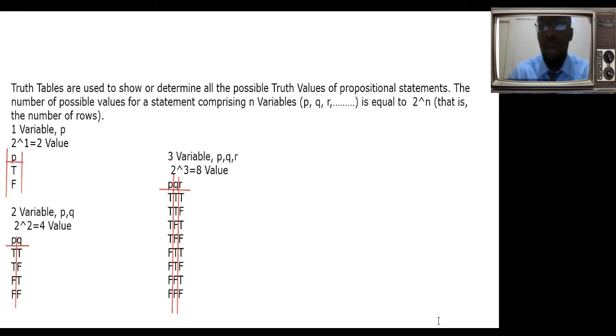So the next thing we're going to look at is truth tables, before we get into connectives. And there's a reason why we look at truth tables before we look at connectives. All right, now what is a truth table? A truth table is just a table that shows us all the possibilities of our propositional statement. So for example, it says right here,